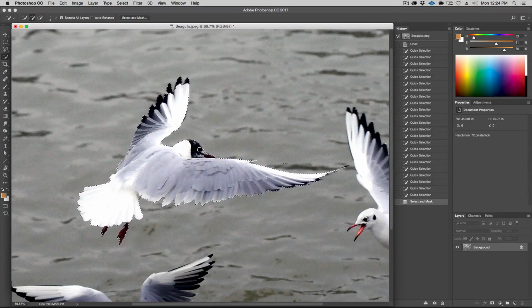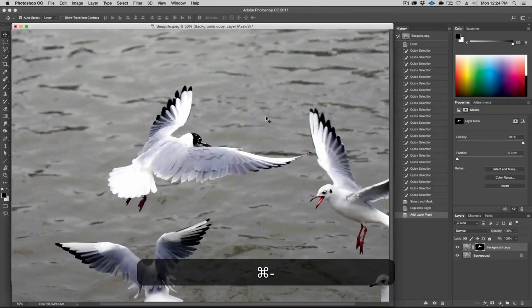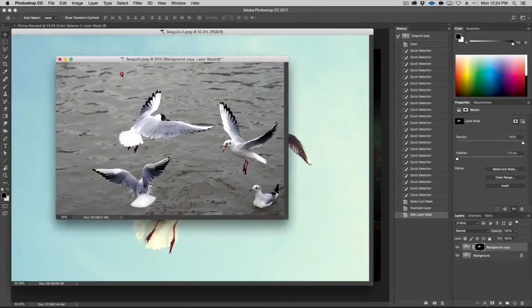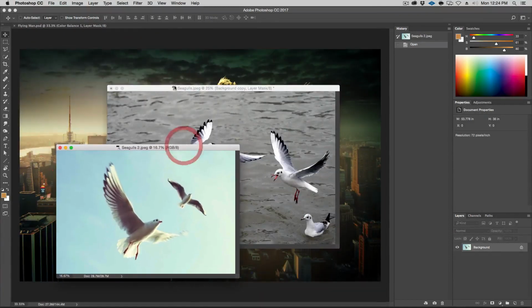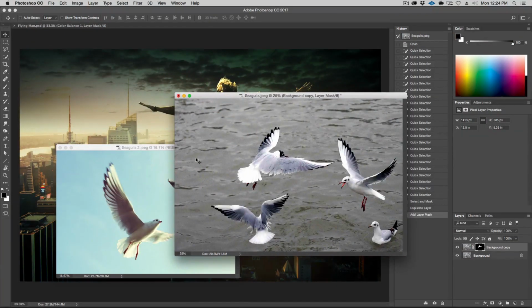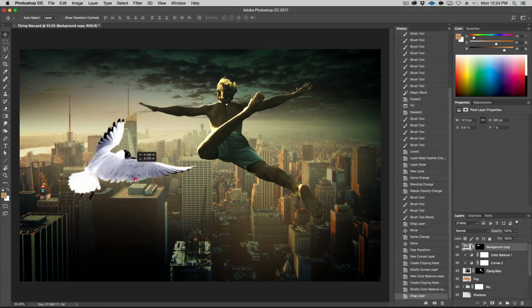I can't just create a mask now because I have this. I'm going to have to make a copy of this, like so, and then create a mask. All right. And we can go ahead and just bring this in. Let's zoom out a little bit, and let's move this one out of the way. And it's back here. So once we're here and you're on this right layer, just bring it in here. There we go. Okay.